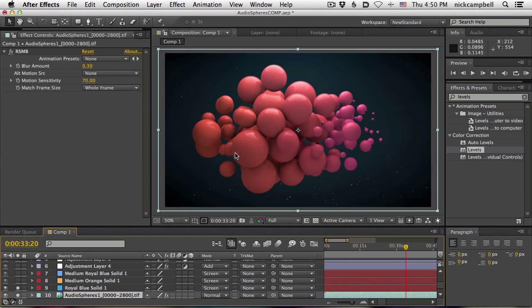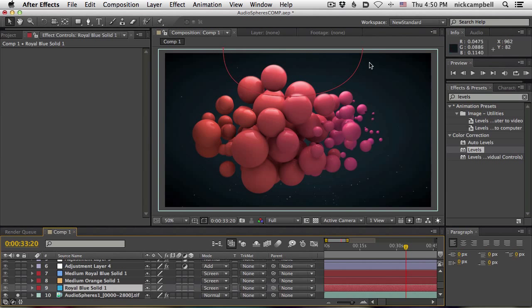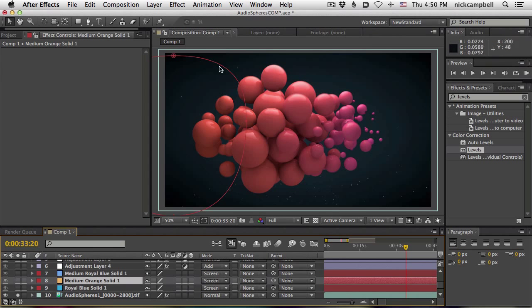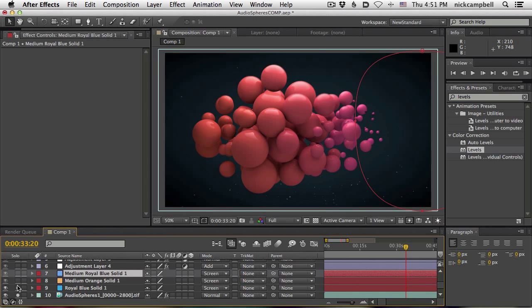The next is just a little bit of a highlight above. I figured we'd add almost like a little lens flare because that's where the light's coming from. So I added a little bit of light up there. The next one's a little bit of color over here to break it up, and there's more color over here as well. So these three are just single solids in After Effects with a soft mask around them. If I grab one, you can see there's the mask for that one, and they're just feathered masks for all three of those. 1, 2, 3.